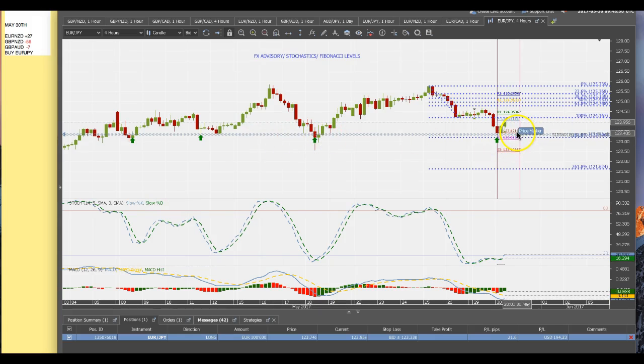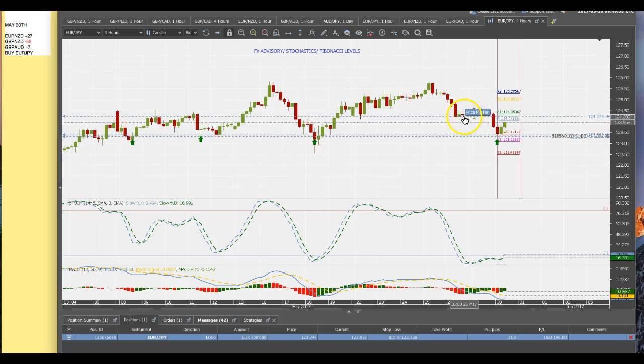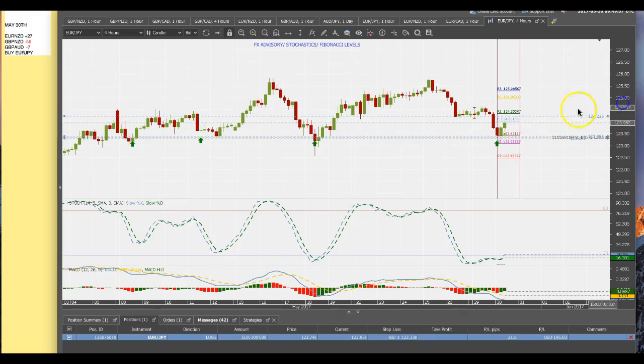So the advisory indicator gave me a buy signal, and currently you can see on the bottom here, I think you can see, I'm up 22 pips on this trade, and the target would be, of course, the support turned resistance. So from this swing low to this swing high,